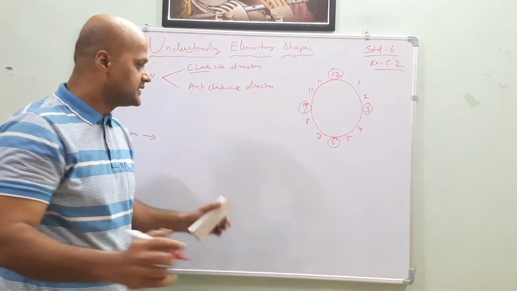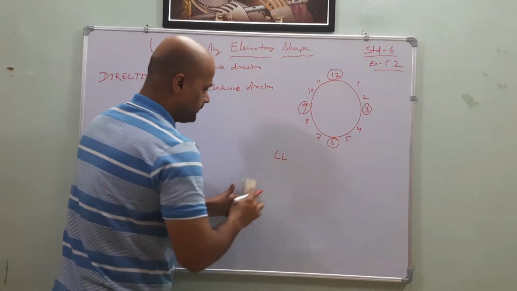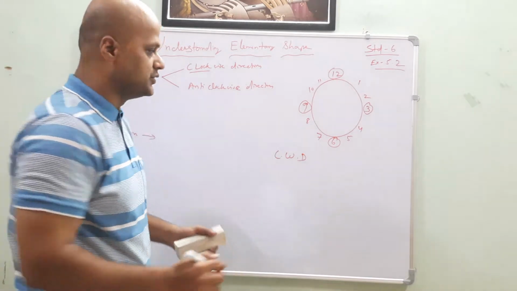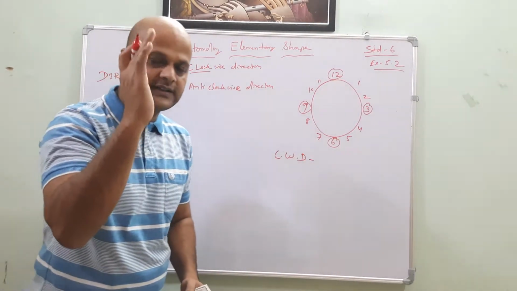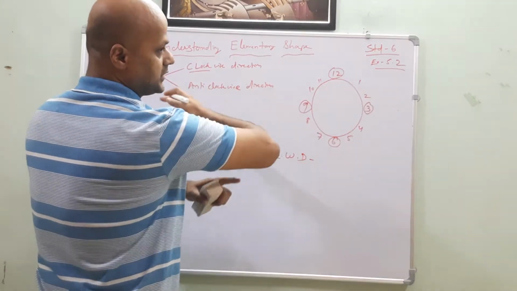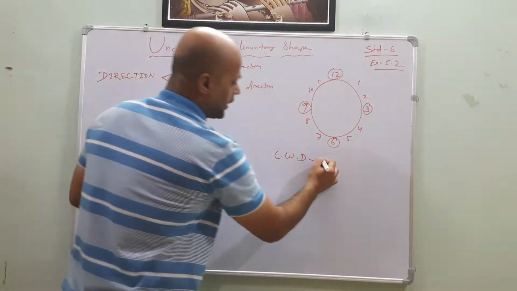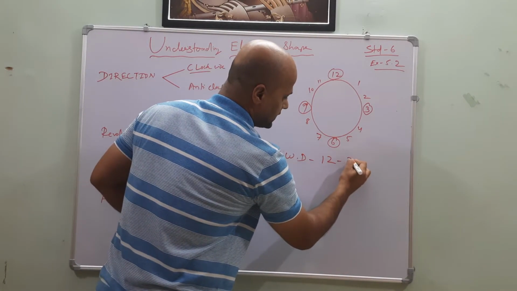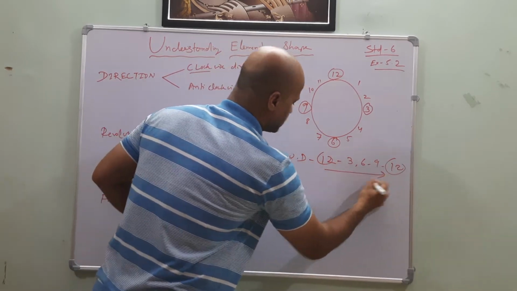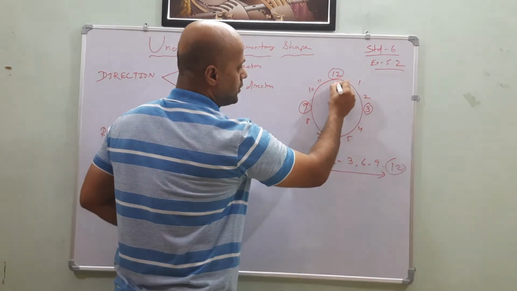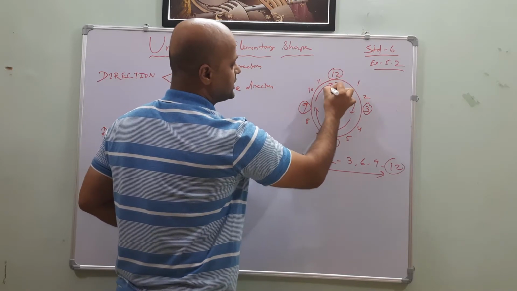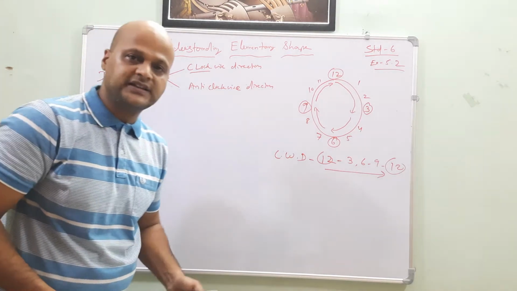Clockwise direction, CWD. What is clockwise direction? We know that the hand is there in the clock. It starts from 12, then 1, 2, so it starts from the right hand side. Yes or no? So from 12, then 3, then 6, then 9, and again it comes to 12. This type of direction is called clockwise direction. From 12 it will start and again come like this, because the hand of the watch moves like this. So it is called clockwise direction.